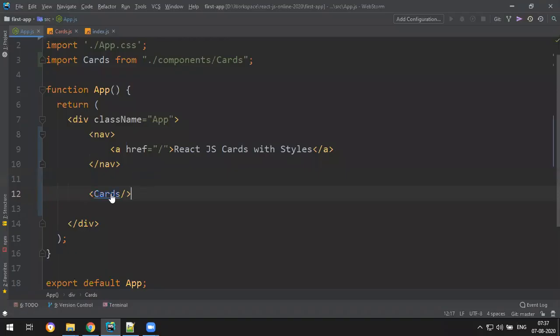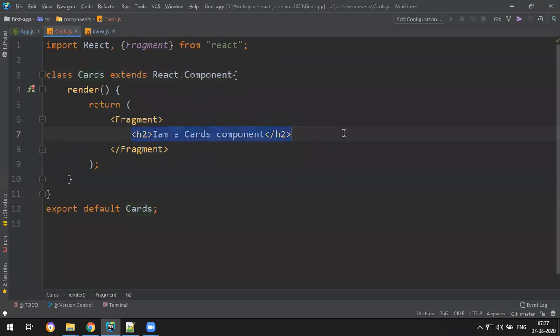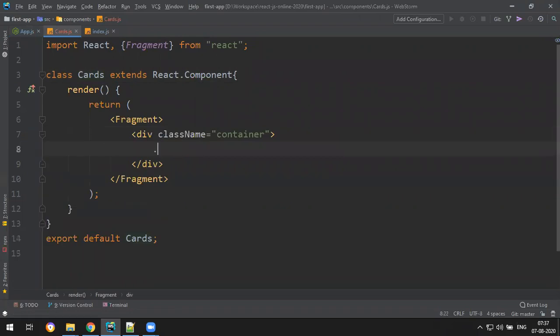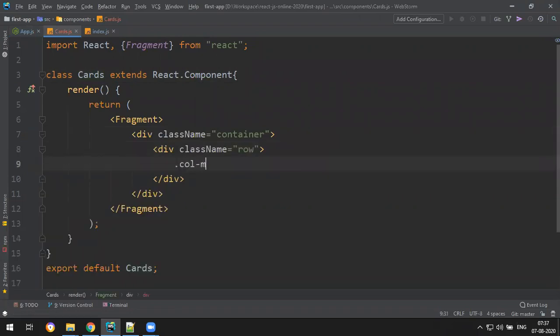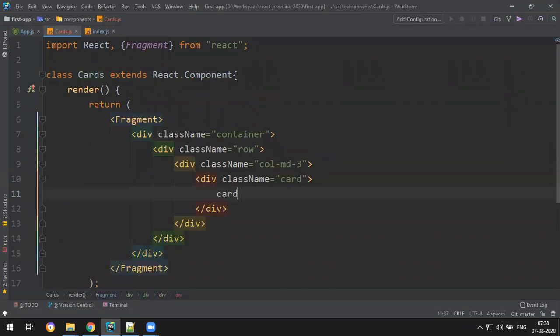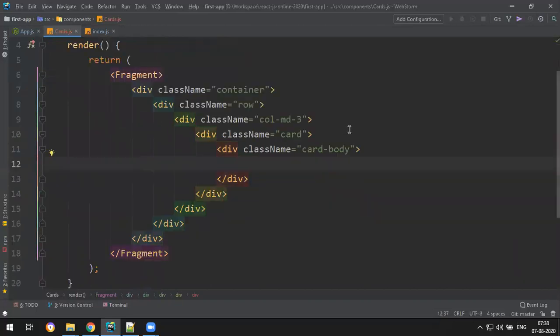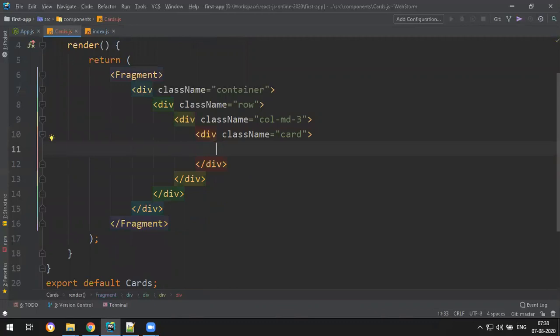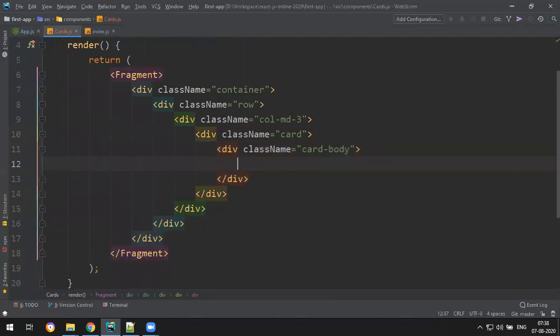Here I want to display multiple cards. So my plan is, inside I will write a bootstrap setup: one container, one row, and col-md-3. In that I want to write a card, and the card body. What I am writing here as a shortcut is dot card-body, which is a class name, and press tab, and automatically a div will come. Default is div.